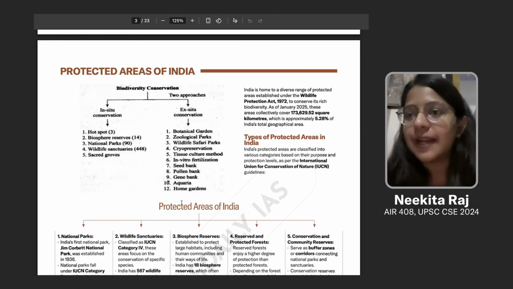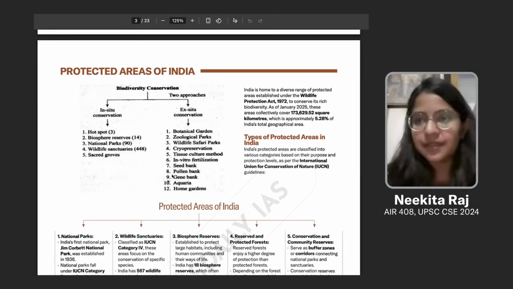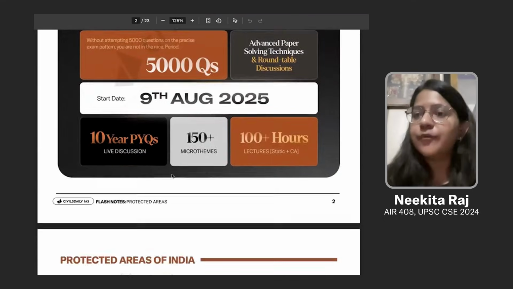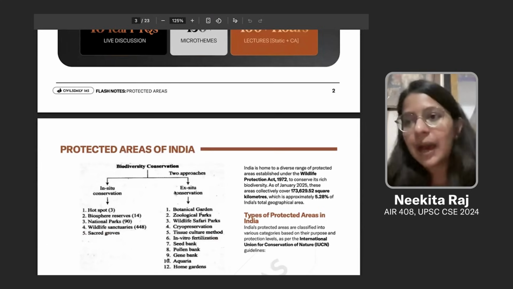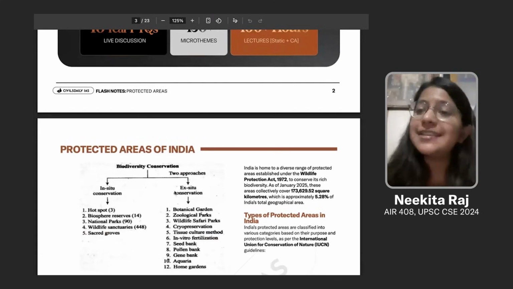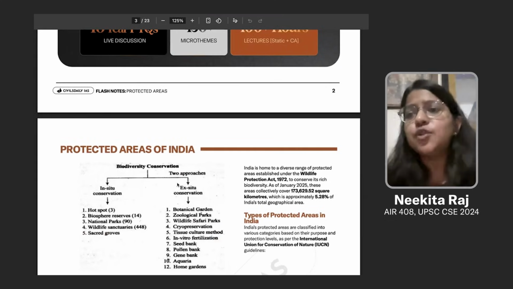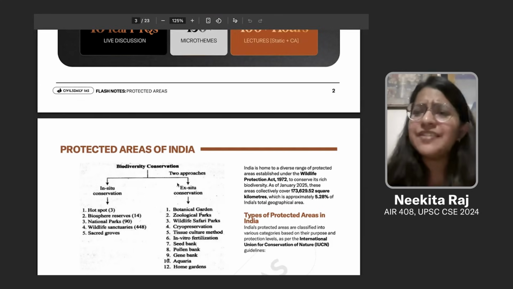But there are few things which we have seen in the past few years that are being repeated, the themes, the micro themes that get repeated, and we have done a compilation of all those themes here in front of you. So I want you all to go through them very nicely, because beyond this, I believe कि इससे ज़्यादा आपको करने की ज़रूरत नहीं है. Beyond this the cost effectiveness is poor, but this is something which will holistically cover your protected areas, which will involve your national parks and wildlife sanctuaries. And we have seen that questions आते हैं यहाँ से.